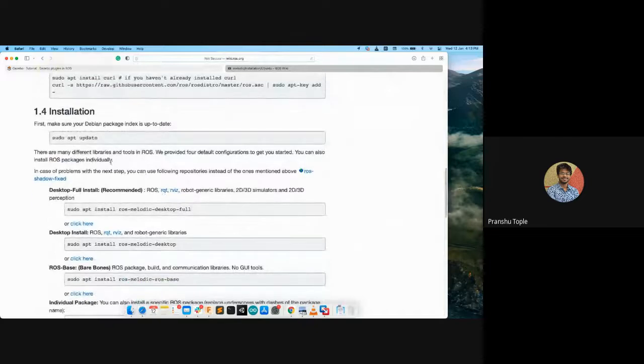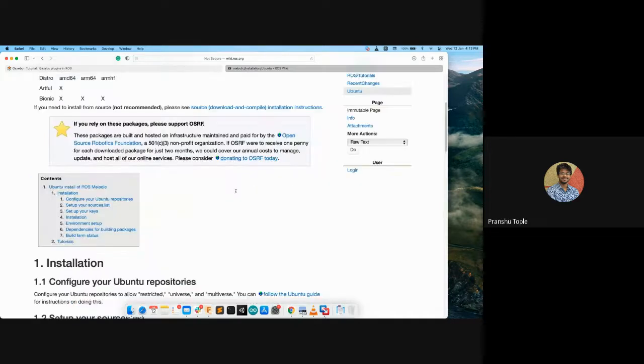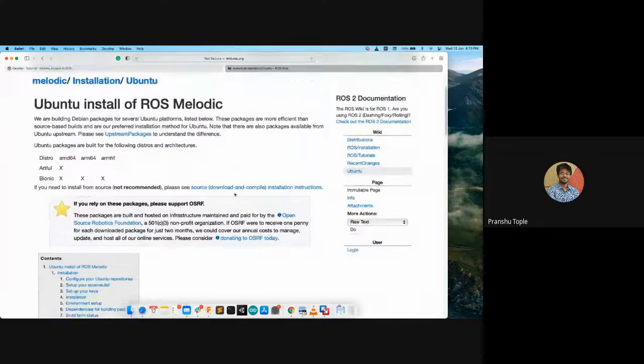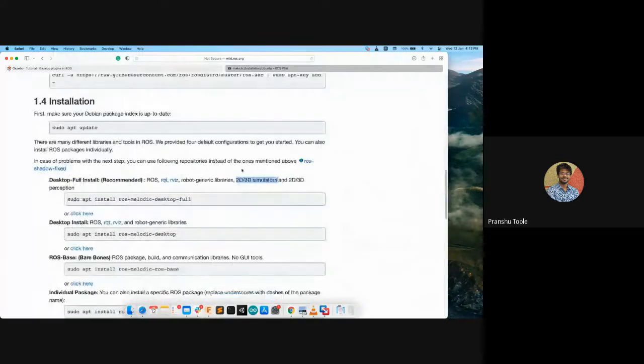Here you can see if you do sudo apt install ros-melodic-desktop-full, it will include actual ROS. It will include RQT, which is the tool that you saw in the first day. It will include RViz, and it will include 2D and 3D simulators. So this simulator is basically Gazebo.